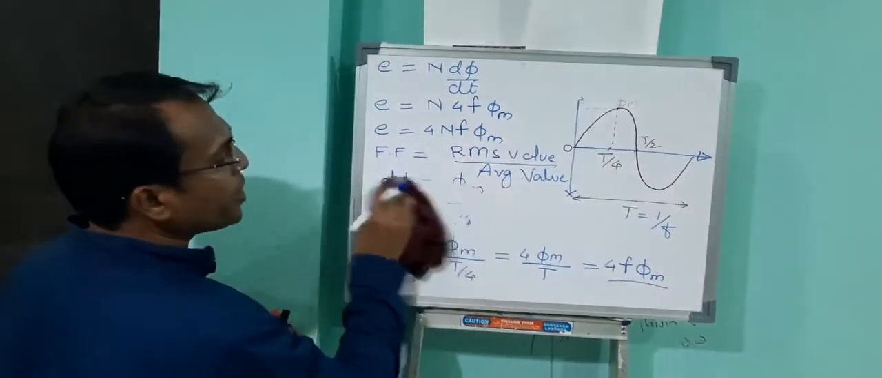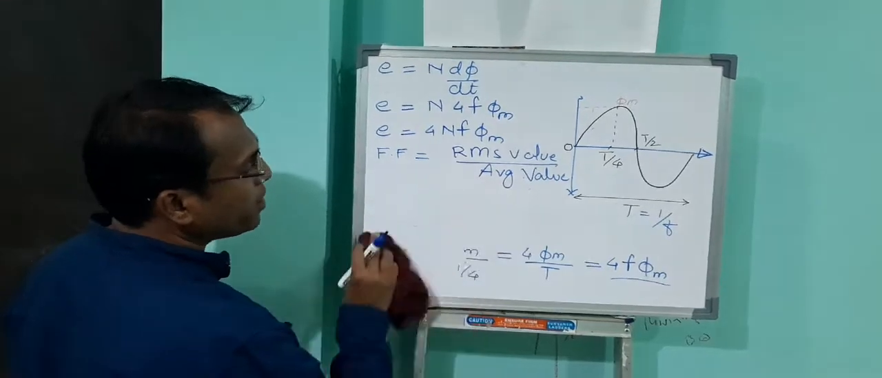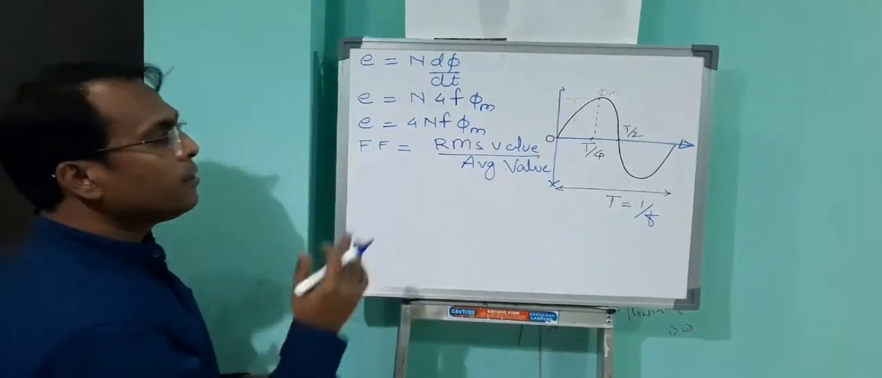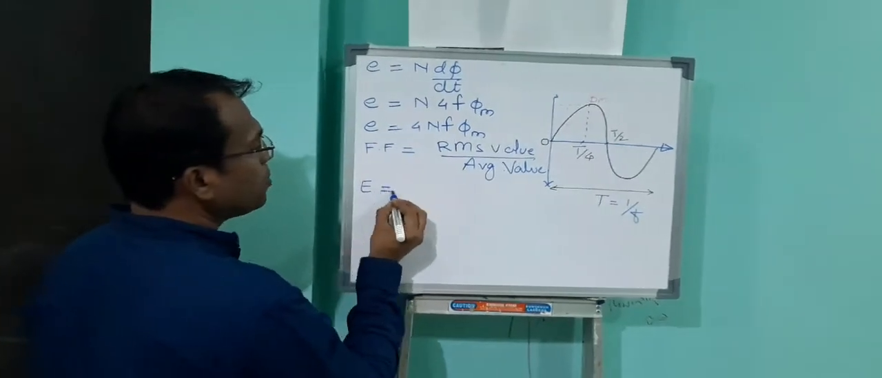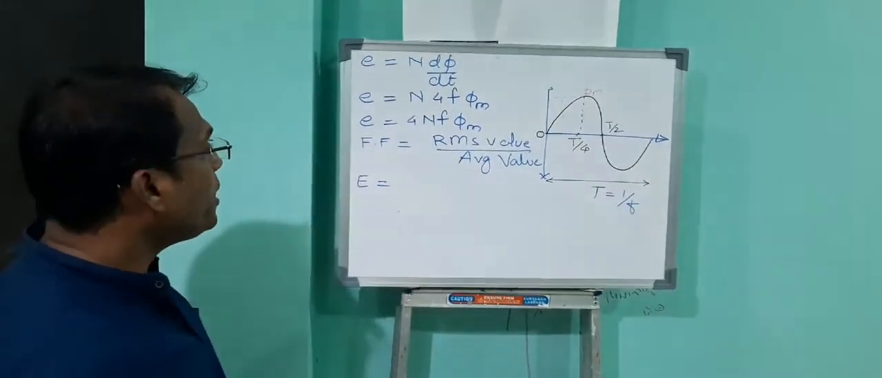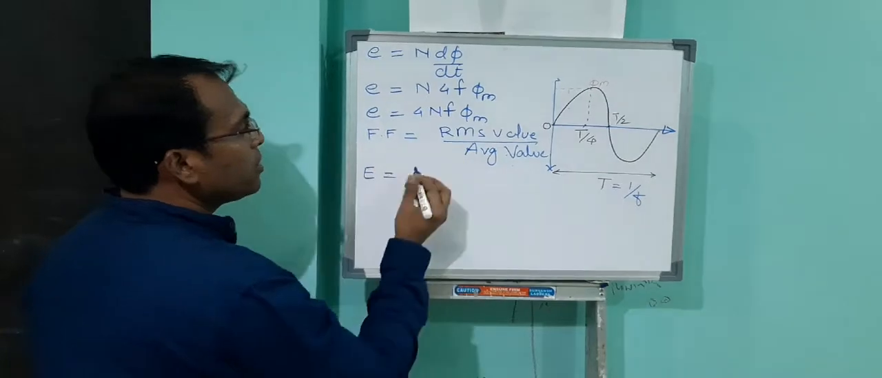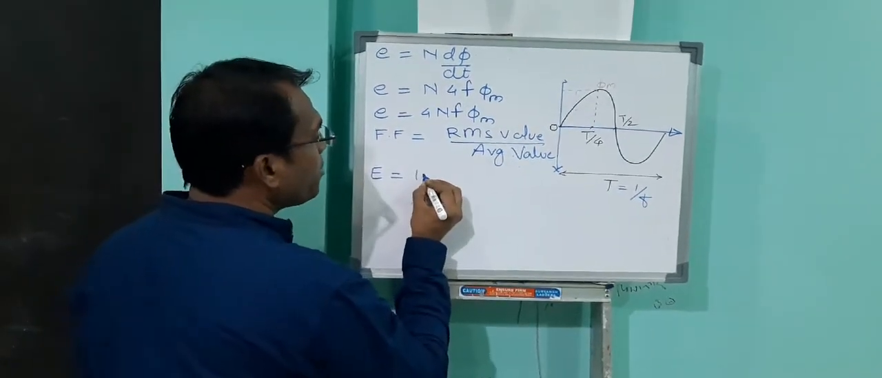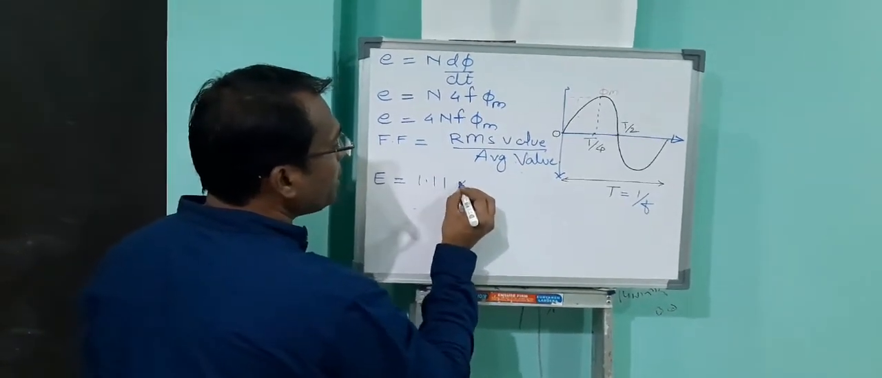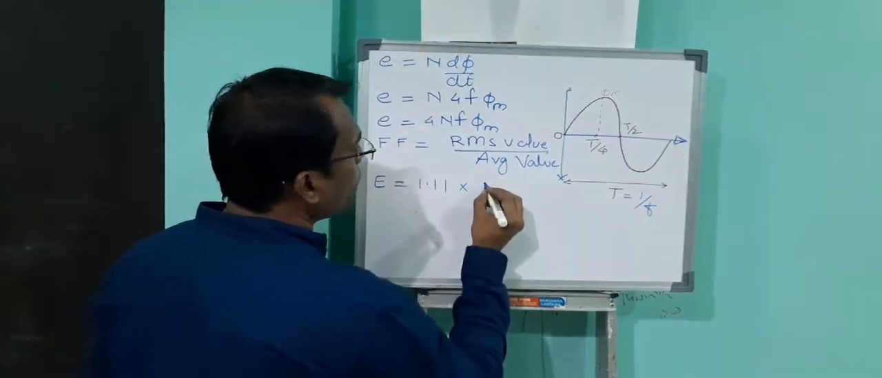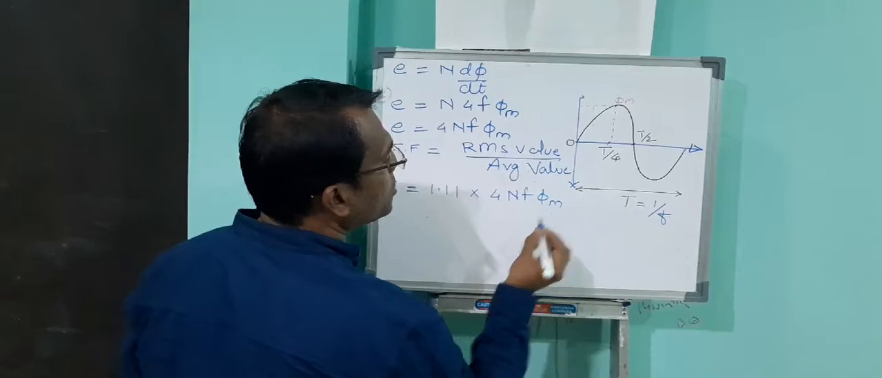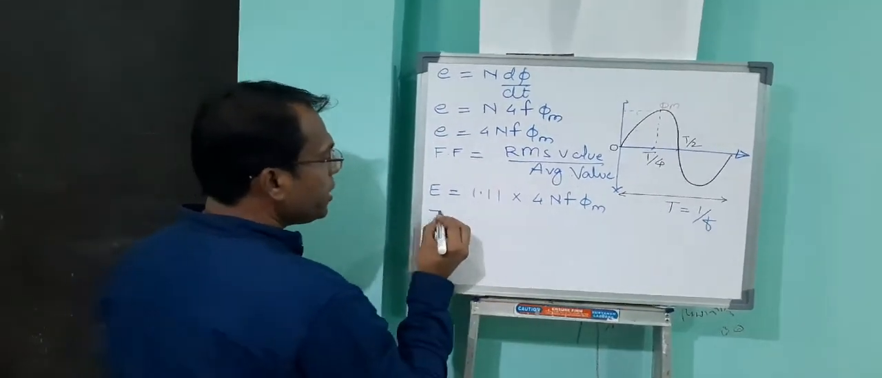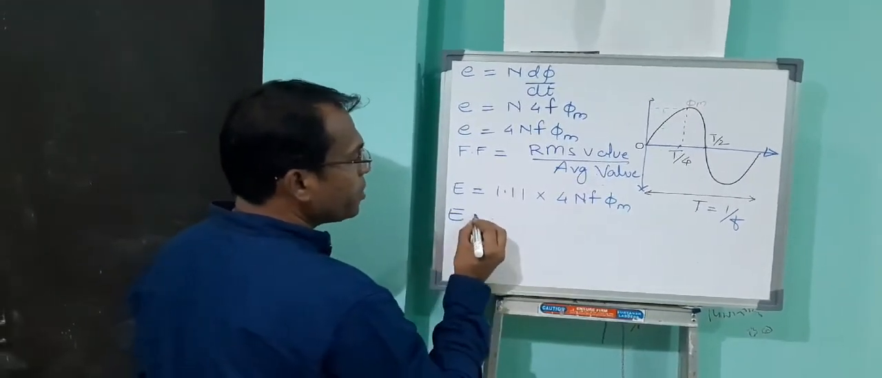अब ये जो RMS वैल्यू डिवाइड बाय एवरेज वैल्यू है, इसको अपन पुट अप करेंगे. So therefore your E will be now, what is your E? E will be now 1.11 multiplied by average value. So 4 n f phi m. So therefore your E induced EMF is equals to